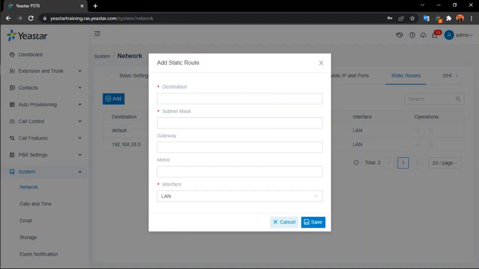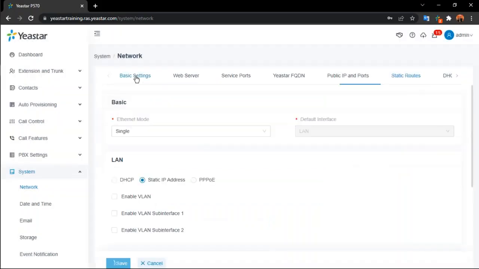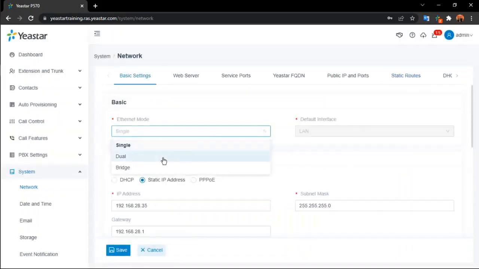Okay, so here we can simply go check on add, create a new route, like I said. So the interface, you can add a particular one, which is LAN port or WAN port. It totally depends on you. Now, first of all, back to the basic settings, we're supposed to change the Ethernet mode. All right. If this is on our LAN port, if this is on our single mode or bridge mode,